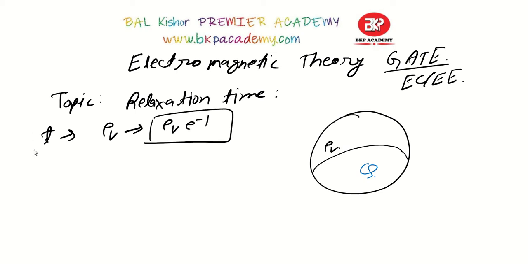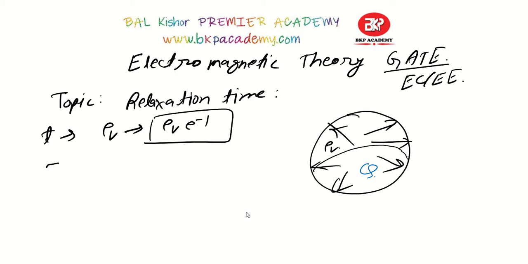This time will be called the relaxation time if the charge density reduces to e to the power minus 1 times. In every conductor or any object, you would have seen that charge tries to shift to the surface of the conductor, semiconductor or any object that you suppose. For example, take a metallic sphere, then you will see that all the charges are on the surface of the sphere. So we'll try to find out the time it takes from inside of the object to shift to the surface of the conductor. Let's start the derivation of this and then we'll see the examples.